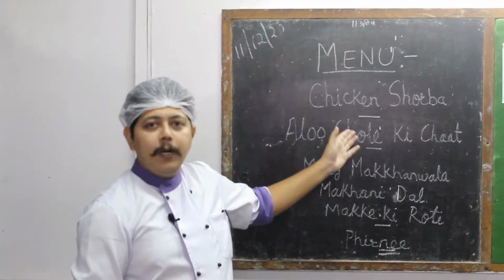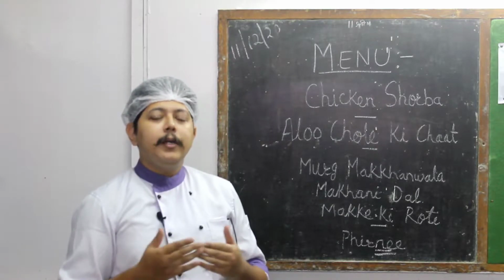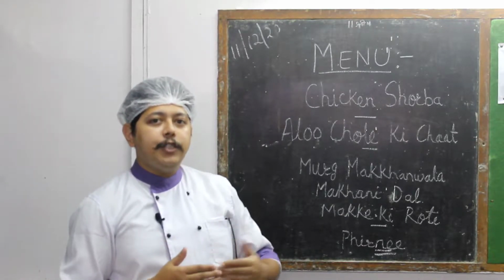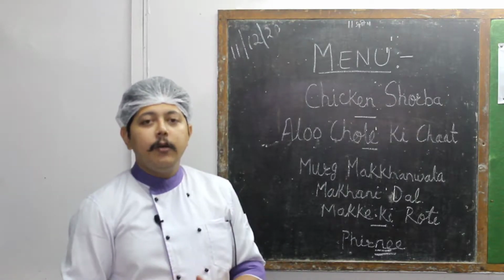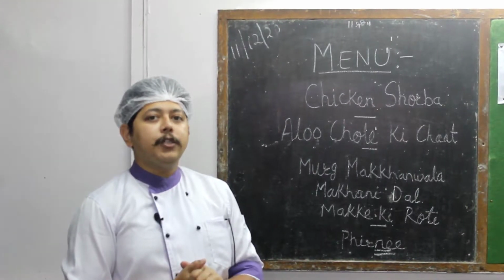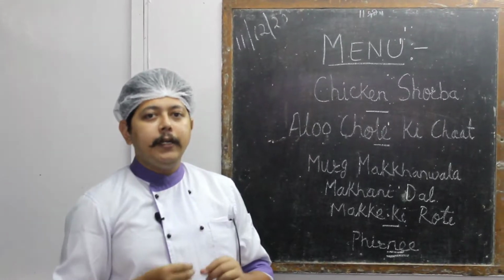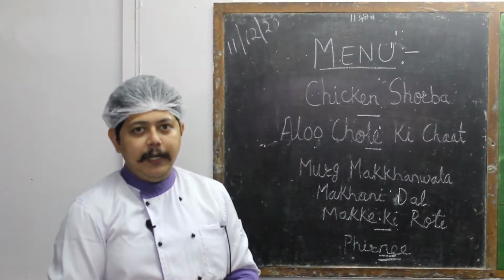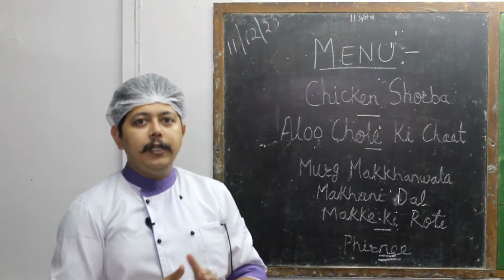We have chicken shorba. In the last practical, we saw yakhni shorba, which was a Kashmiri soup. The difference between yakhni shorba and chicken shorba is basic: the yakhni shorba was made with mutton bones, while we will be making the chicken shorba with chicken bones. Yakhni shorba was finished off with a little bit of curd for the flavoring, and chicken shorba will be thickened a little bit with cooking cream in the end. The flavorings are mostly the same. It would be flavored with ginger, garlic, coriander, green chilies.